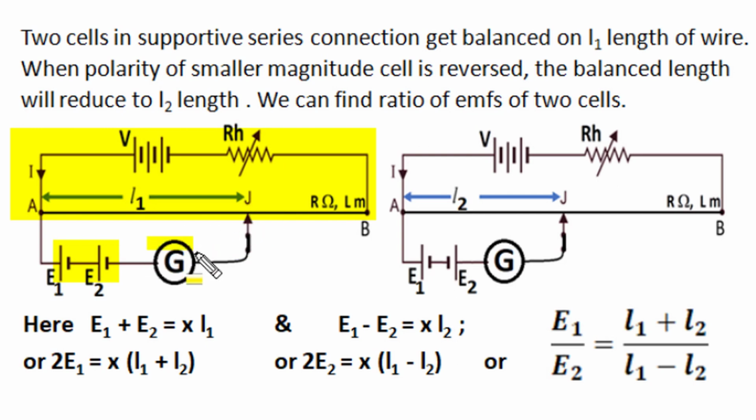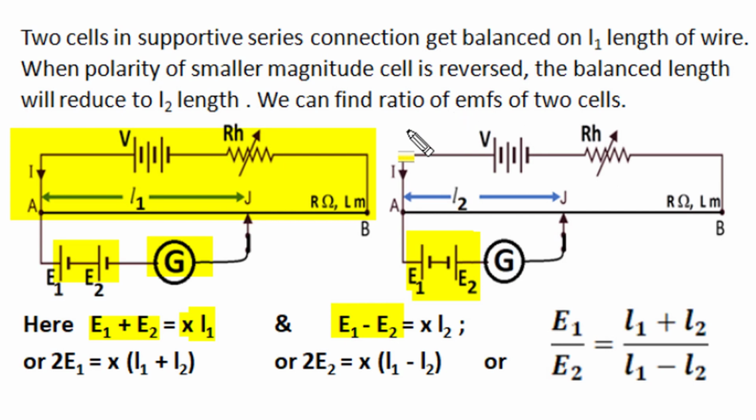And zero deflection in this galvanometer indicates that the L1 length of AB wire section, that is from A to Z, will have potential gradient multiplied by L1 voltage, and this voltage is equal to the summation of the 2 EMF. Now the lower magnitude of these two is reversed in polarity. So now the two cells are in differential composition and their net voltage is the difference of the 2 EMF, and again